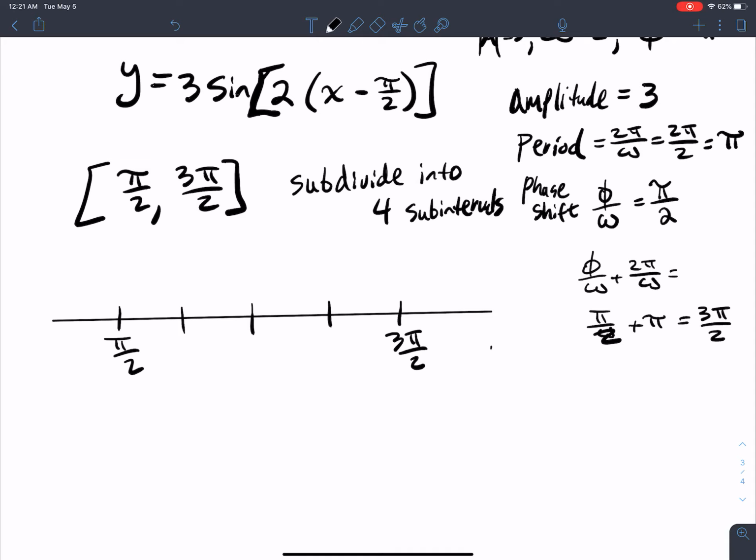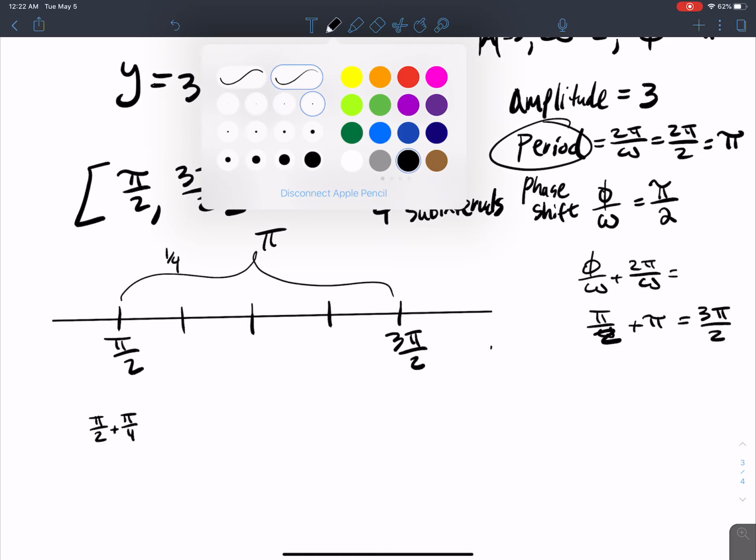Okay, how do I get this? Well, the length of this interval here, 1 period, is pi, right? So to go 1/4 of the way is 1/4 pi. So pi over 2 plus 1/4 pi is 3 pi